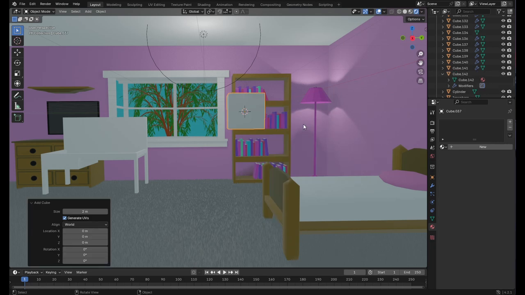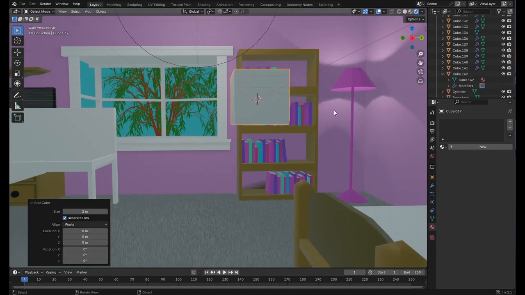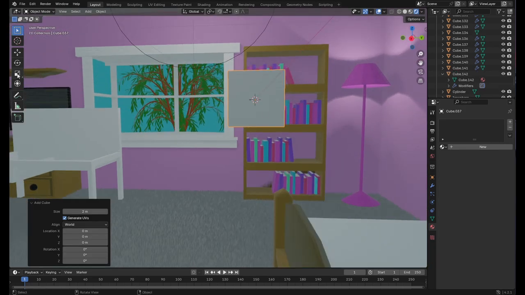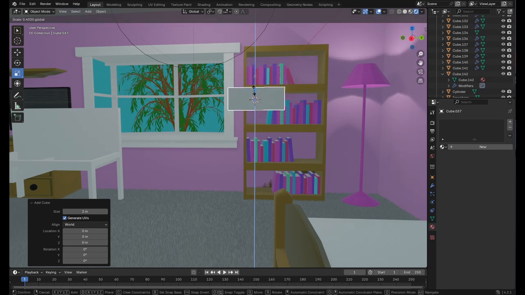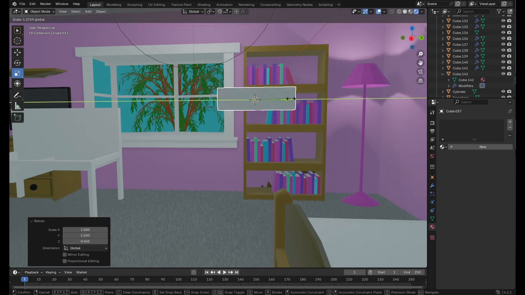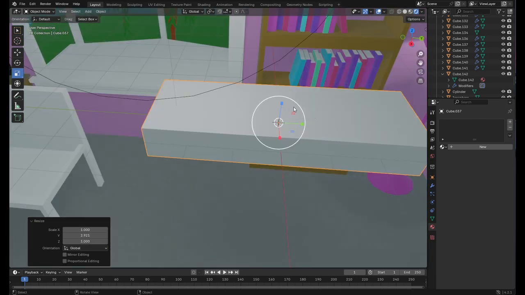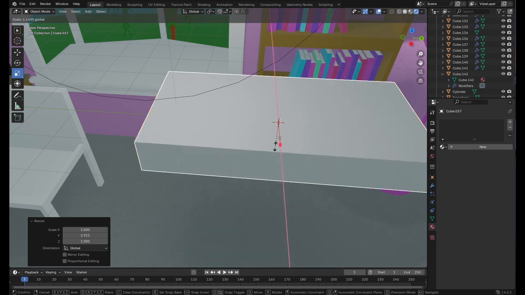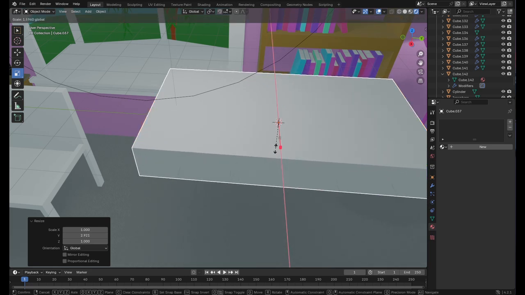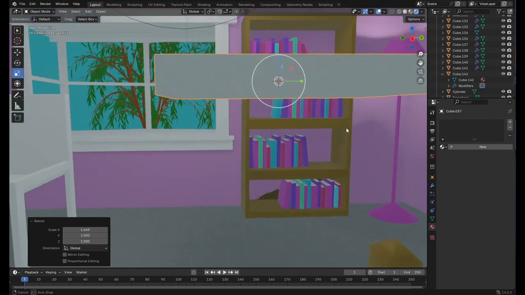Hold Shift A, Mesh Cube to add a cube for the top of the desk. Click Scale and use the colored square arrows to squish it into a flatter, wider rectangle. With it selected, change to Edit mode